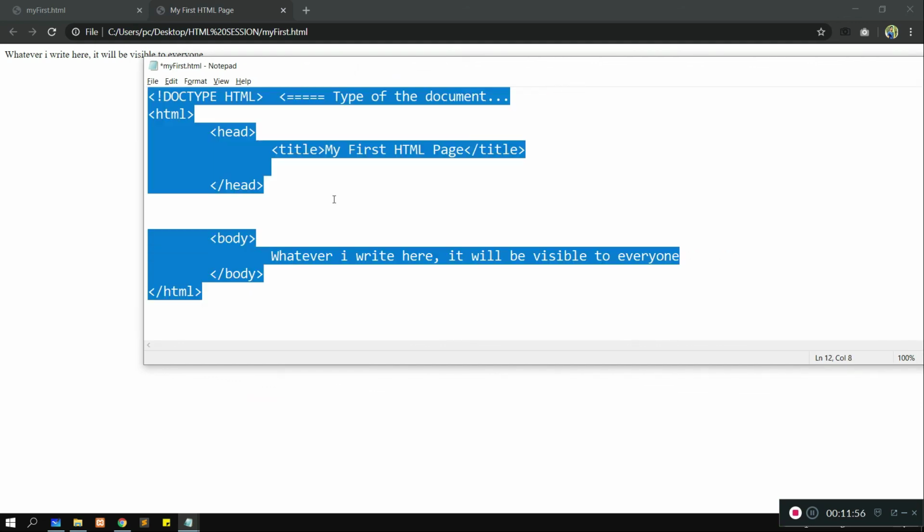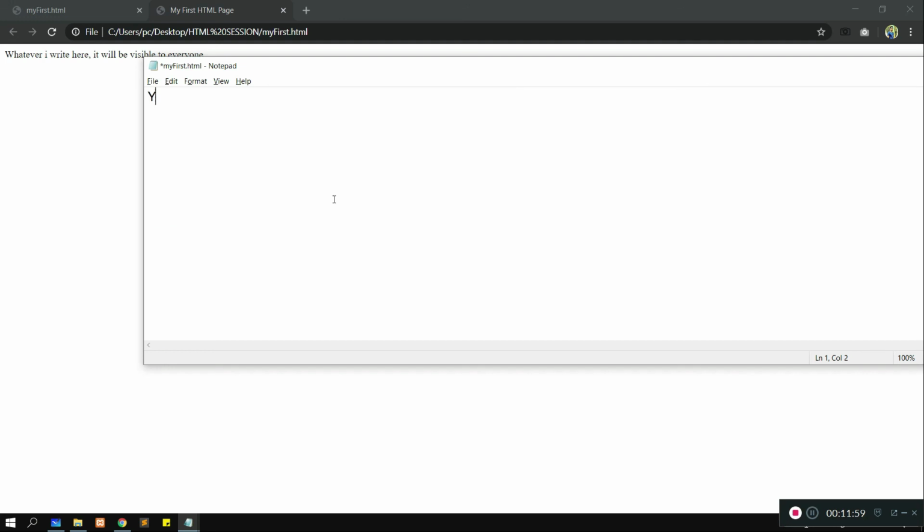Today's task is to create yesterday's task only, whatever I have given you yesterday, that is resume or CV. But what's the difference? This time you have to create it in HTML structure within the body tag.